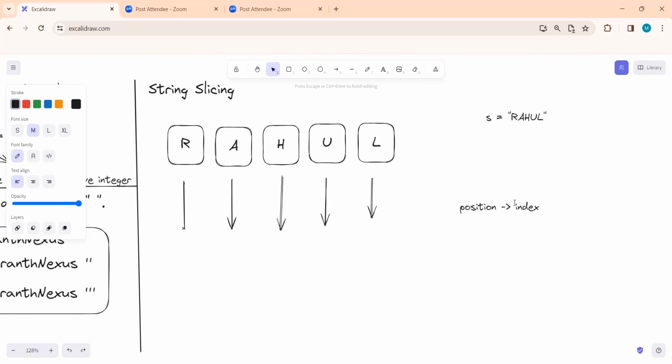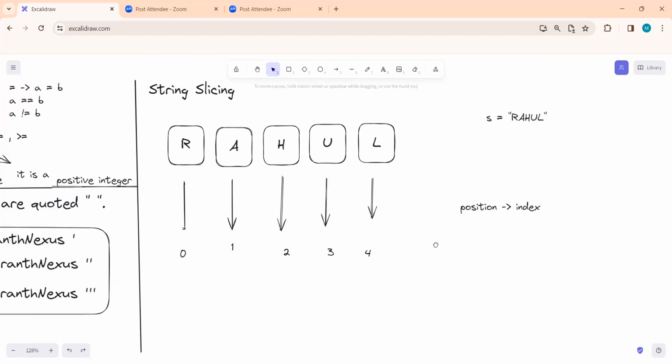What is it referred to as, chat? It is referred to as index. Now, the index value of R is 0. The index value of A is 1, 2 for H, 3 for U, 4 for L. Now I'm giving the positions for characters inside the string with the name of index. But how am I doing that? I am doing it with the rule of